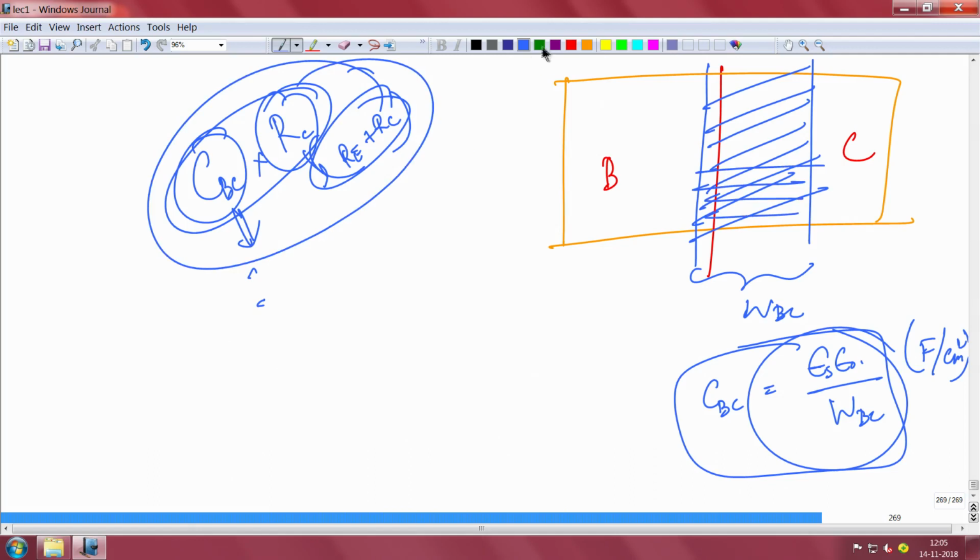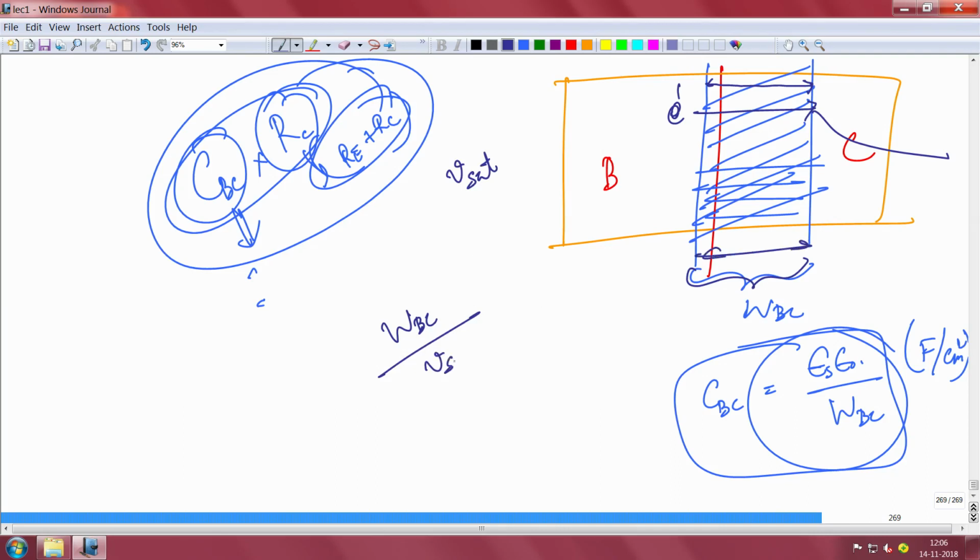And finally, you have electrons that will actually cross this and be collected in the collector. So the electron will take some time to physically cross this depletion region. If this depletion region is WBC and the electron moves at a velocity of V set, then this delay should ideally be WBC, this distance, divided by the velocity with which they are moving, which is V set, except that there will be a factor of 2 here. Do you know why? Because this part is depleted, unlike the base.